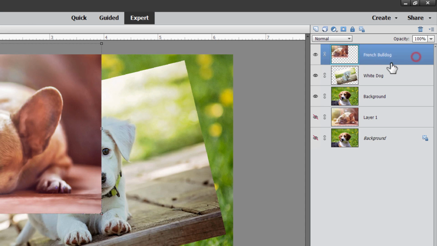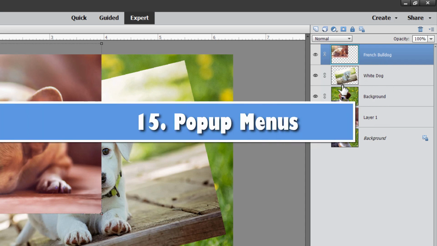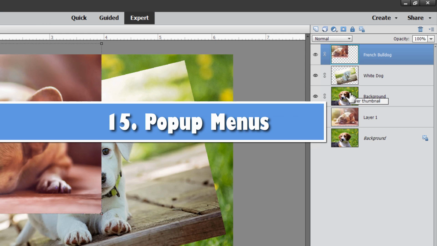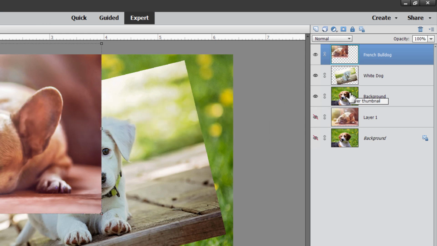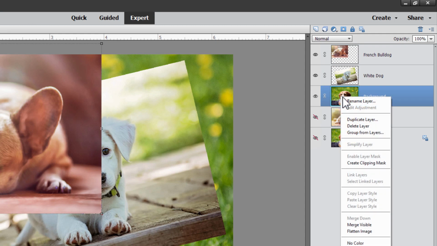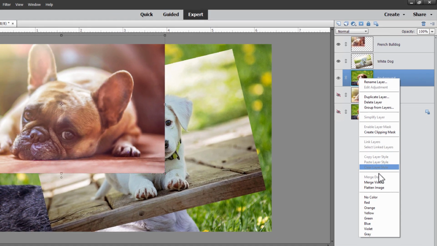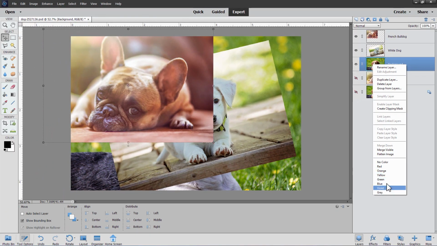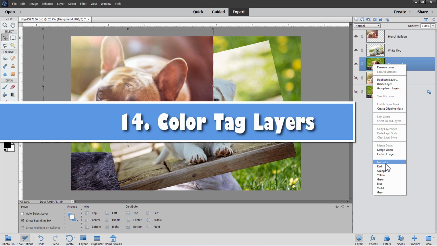And French Bulldog. So very easy to rename your layers. Now, if you right click on layers, you're going to be getting pop-up menus with different stuff depending upon where it is that you're clicking on the layers. If you click on the image, right click, you can rename your layer here. We can duplicate and delete, group from layers, create clipping mask, merge, flatten, and down here we have red, orange,